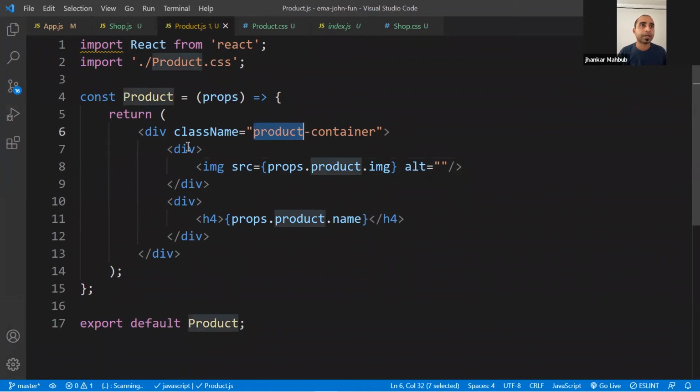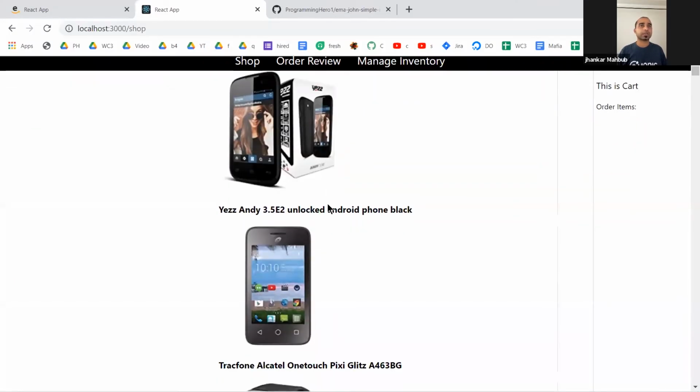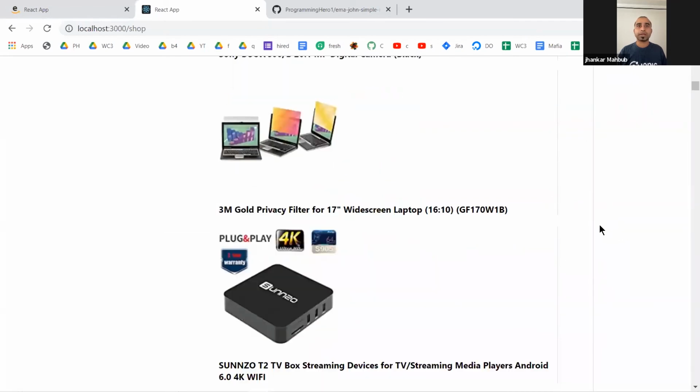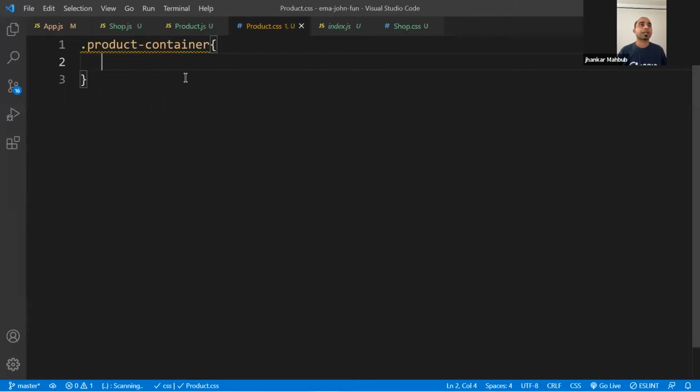Product container className, this is the div, image, and then props, in this way. So if I get rid of this product.css display flex, in this case they are next to each other, but it creates something, product container, because we actually did some sort of duplicate class name.